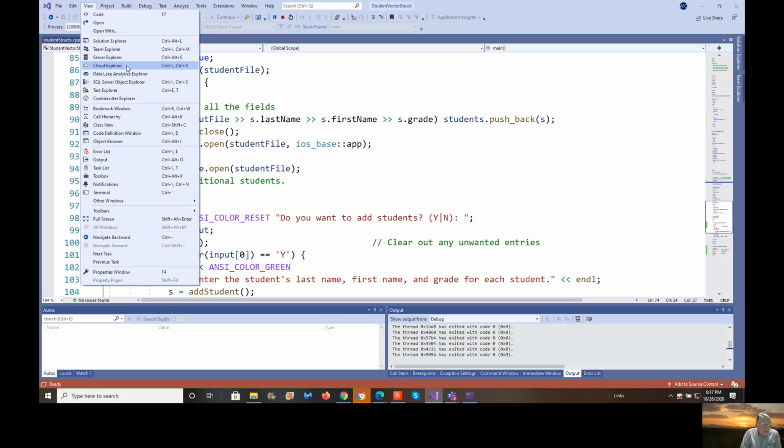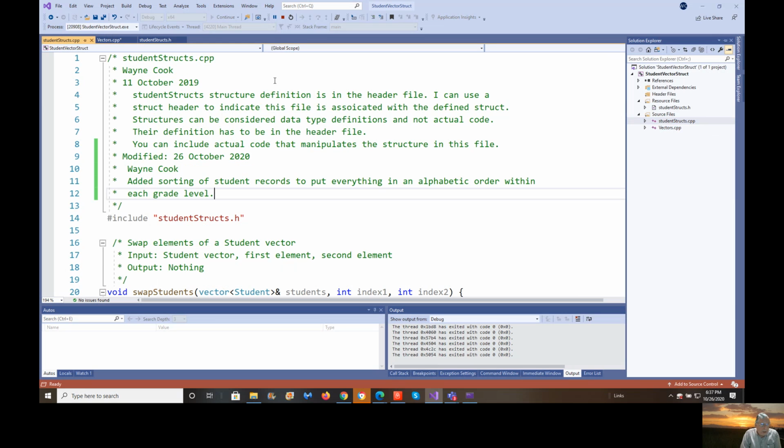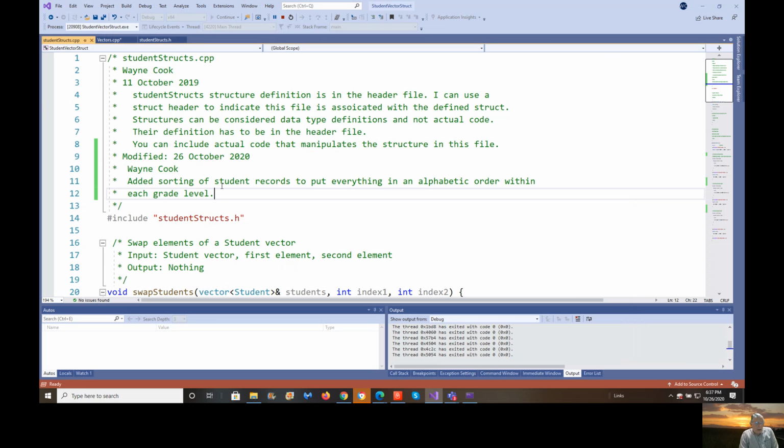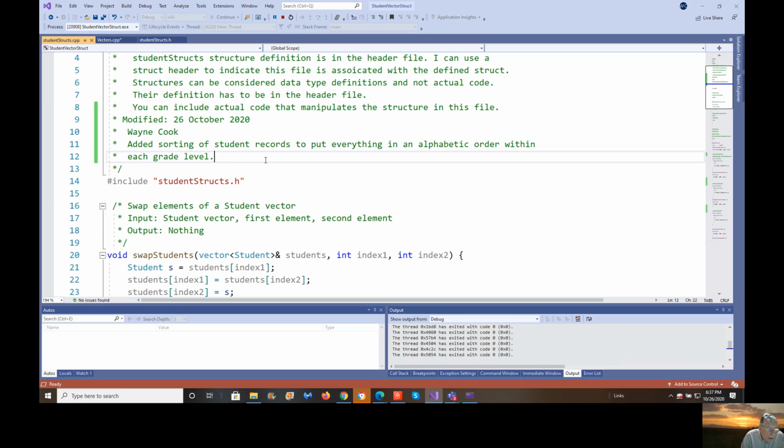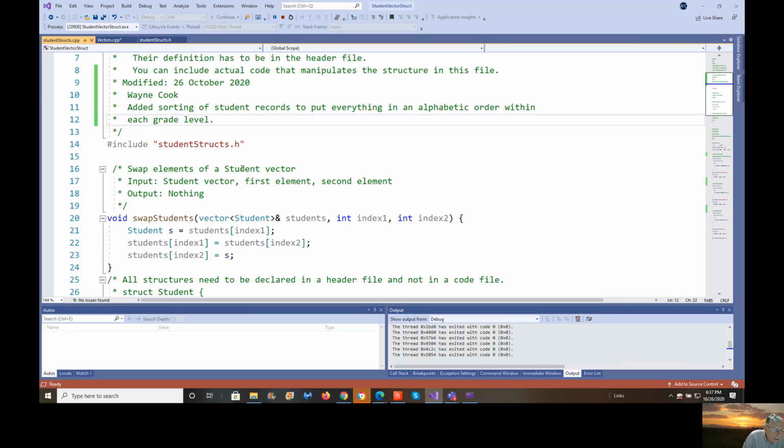Again, going back to the solution editor and structure. I do include the student structs. So I have it here also because I need it here. And then in here, I am saying